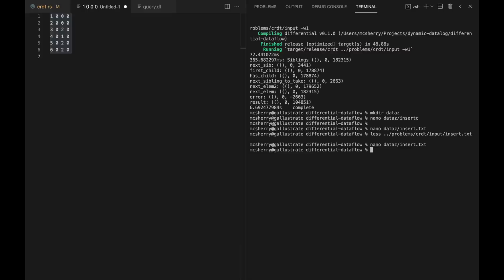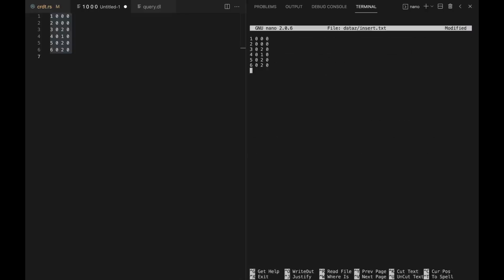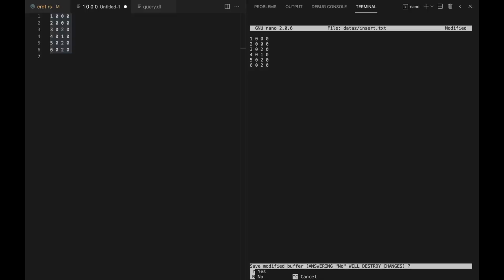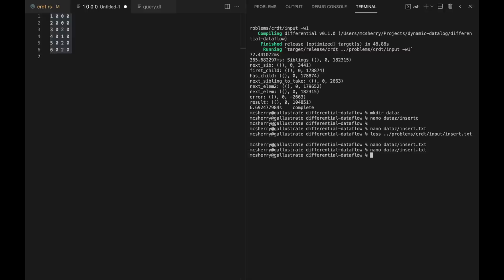Actually, I don't know enough about Nano to do anything other than paste into it and save, really. Great, and we want to touch. Now, we can potentially run this thing, and instead of using